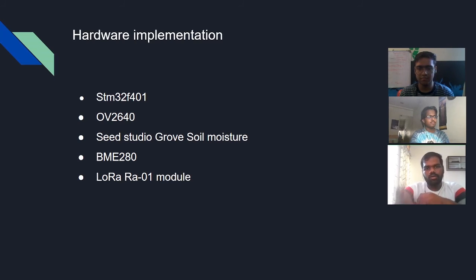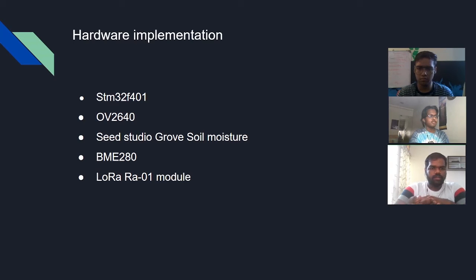And the next component that we plan on using is the Seeed Studio Grove Soil Moisture sensor. It is a soil moisture sensor that identifies the moisture content in the soil. It is a capacitive sensor, so it must go into the soil, and it gives an analog output depending on the voltage between the capacitive ends of the soil moisture sensor. And also in the STM32F401, there is a 12-bit analog to digital converter available. So the precision of the soil moisture that can be noted down is very high, as it is a 12-bit